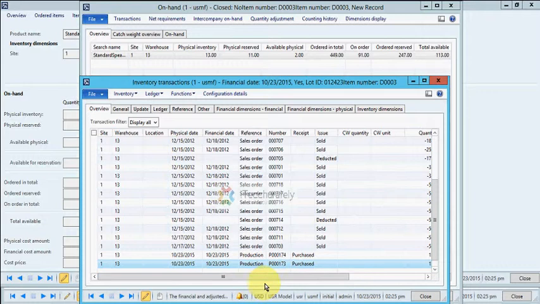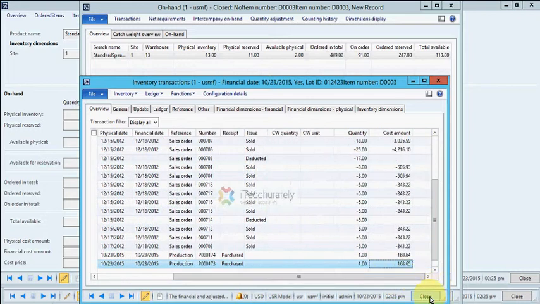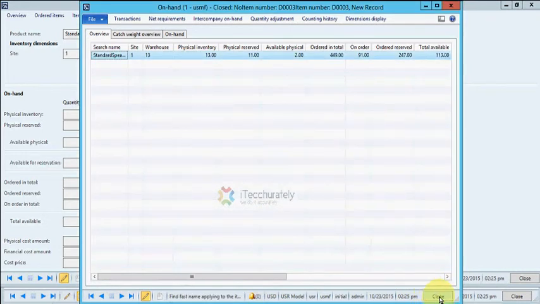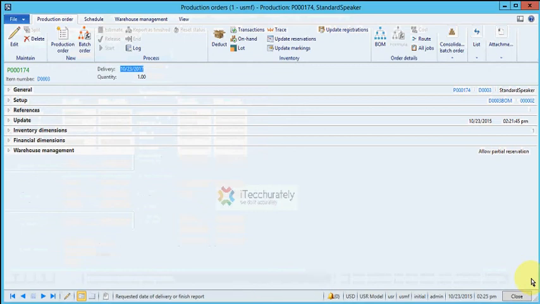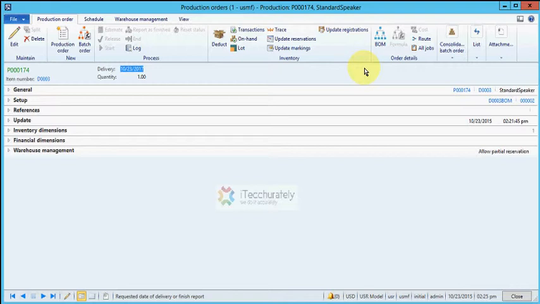So this item has been added into your inventory due to this work order completion. This is the simplest, happy path to do a production order and record all the production-related activity.